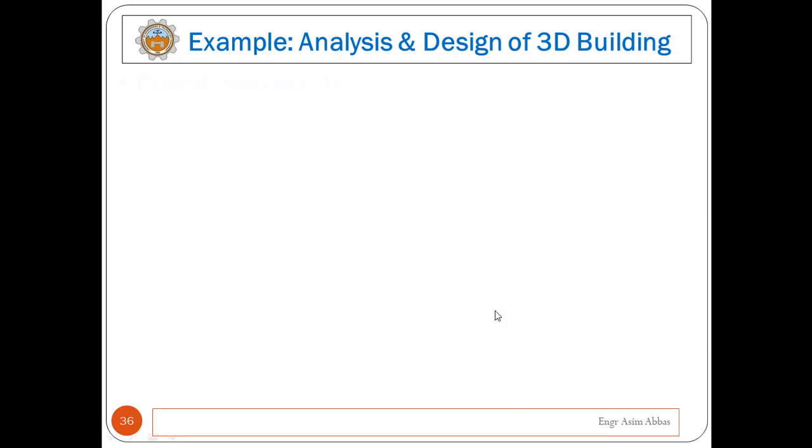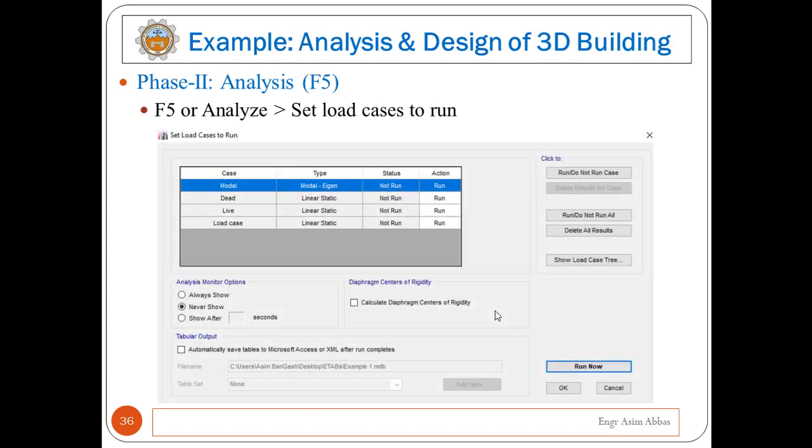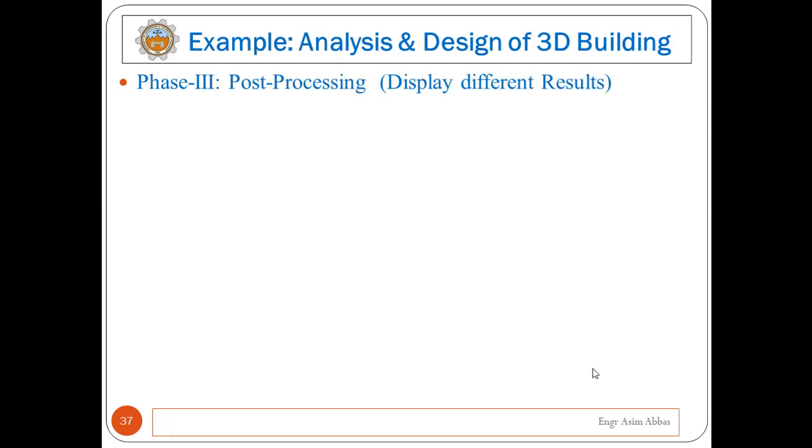Okay, phase 2 is to perform analysis, right. For that just click on F5 or just go to analyze menu, then set load cases to run. So this window will appear, right. So from here you can check either you want to run a particular case or not, then click on the run now. Okay, once the analysis is completed, next phase is to display different result, that where different result will